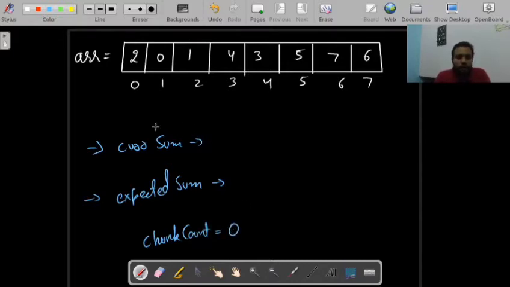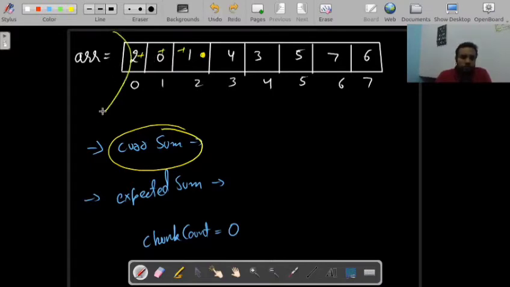Let me try to explain the meaning of these two variables. Current sum represents the running sum of a subarray. Suppose I am at this point, then the current sum will be 2 plus 0 plus 1. It is the sum of all the numbers from the last chunk to the current point.